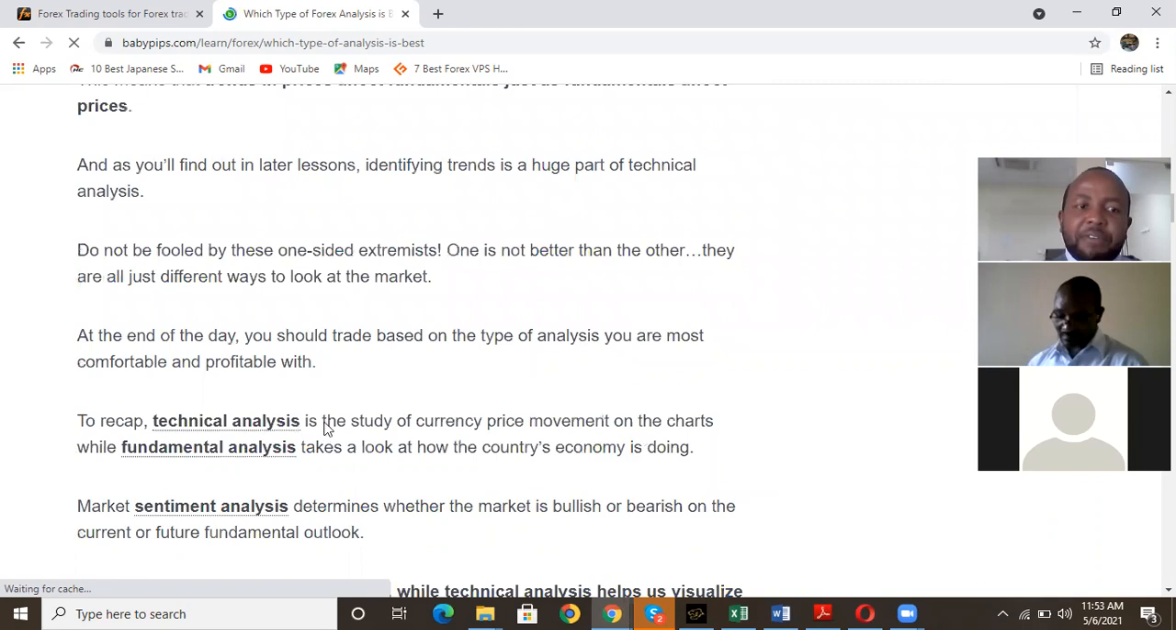So to recap, let's do a small recap. Technical analysis is the study of price movement on the charts. So all we are studying is the price movement, while fundamental analysis takes a look at how the country's economy